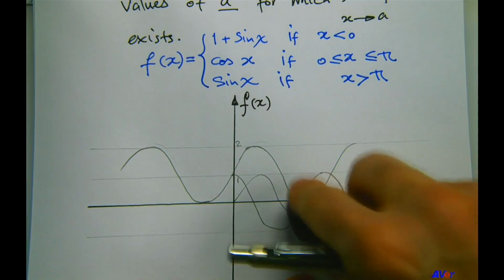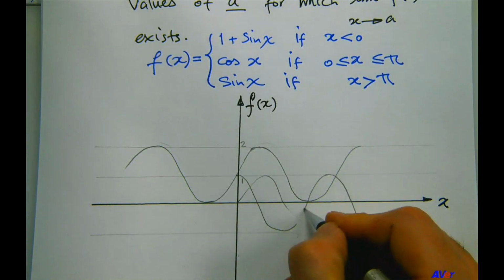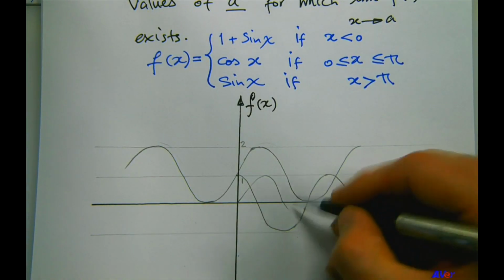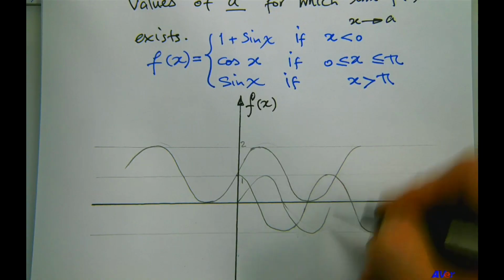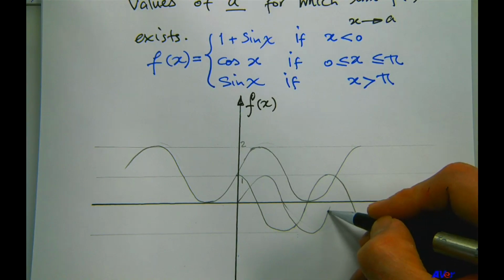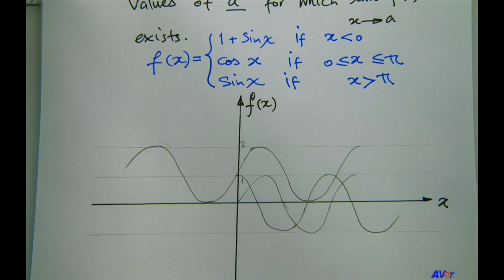It still is. Let me correct that. So that was the cosine of x, and that's better. That's a little bit better. And then go like that and do that. Okay, so now